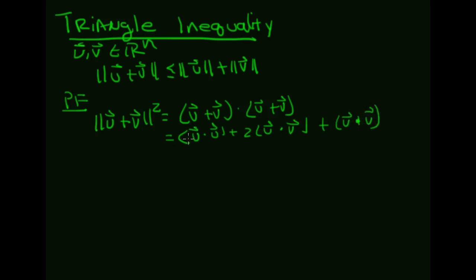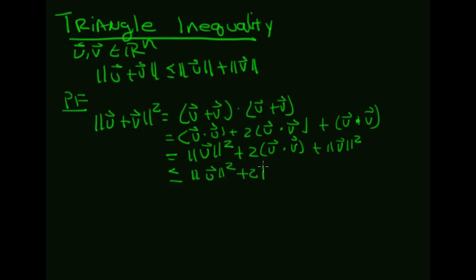This looks vaguely familiar. This is the magnitude of u squared plus 2 times u dot v plus the magnitude of v squared. The middle term could be negative, so this has to be less than or equal to 2 times the absolute value of u dot v, which should suddenly ring bells, that we put an absolute value in there,